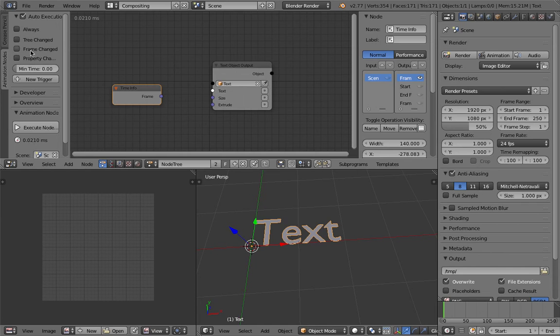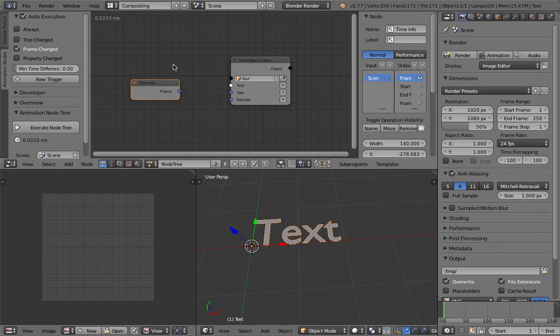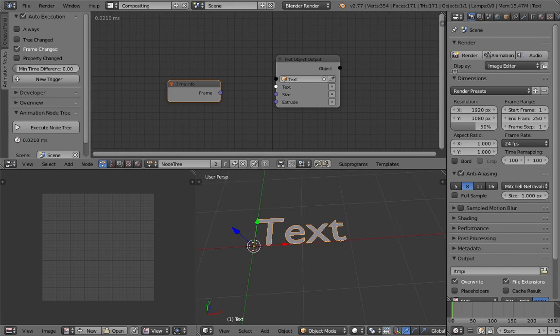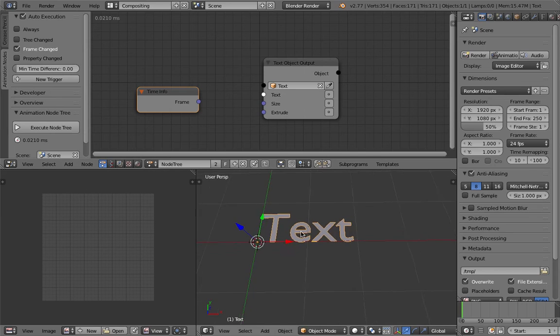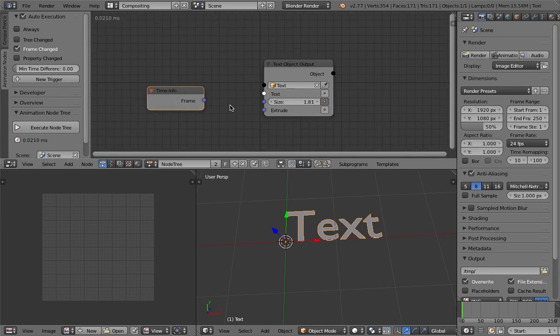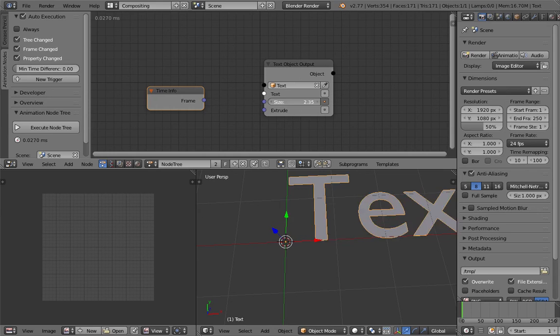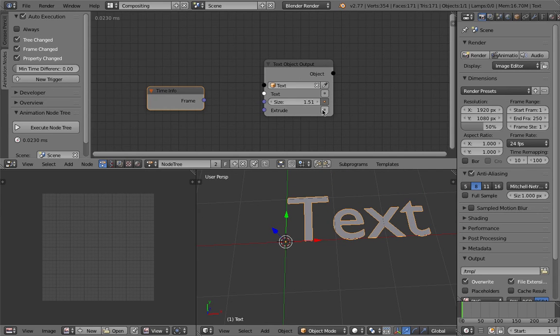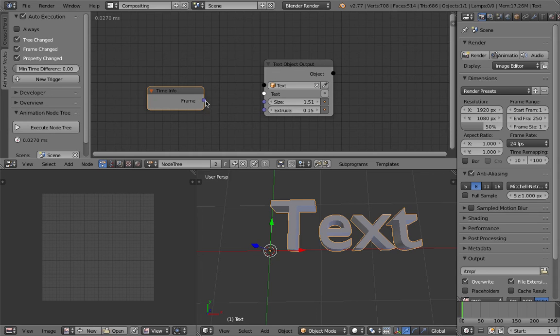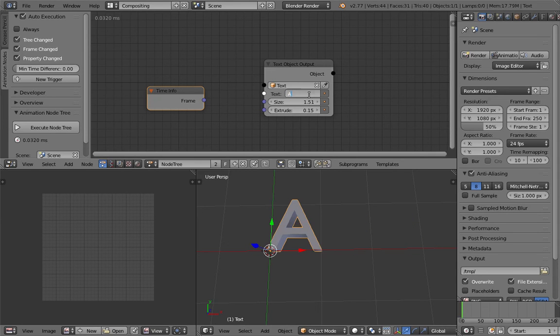Pick off the always and change it to trigger by frame change, so it's a bit faster because I'm recording as well, and then it tends to get a bit slower. So we have the text object in 3D scenes, and then I grab it using the text object output, and now we can change the size. Turn on this. Okay, change the size, and then we can extrude it so it becomes 3D. And obviously we can type anything here